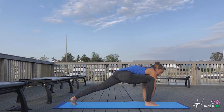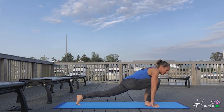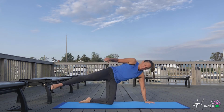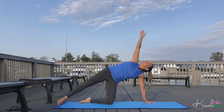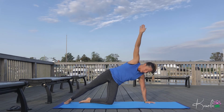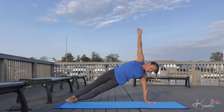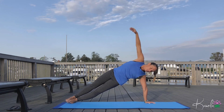Exhale, back through center. Power move, side plank. Right leg stacks over the left, or ground that left knee. Take that right leg out. Float the right arm up. Nice. 4 big arm circles, challenging the balance. And hold here, reach and